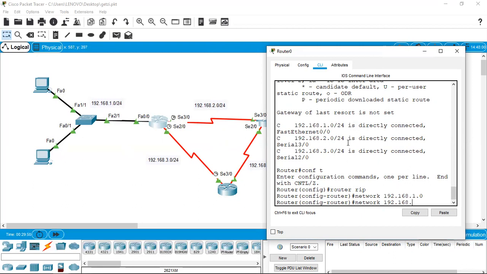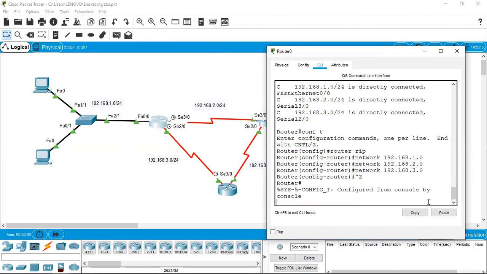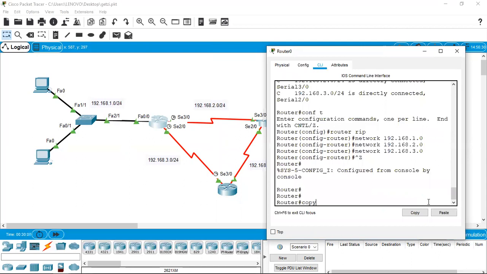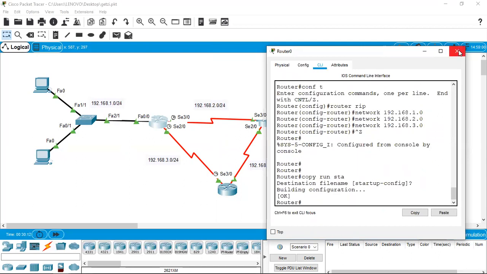You can see here as well, but it is better if you rely on such entries. And then the third network which is to be advertised is 192.168.30, right? So I just say copy running to startup configuration just for safety.